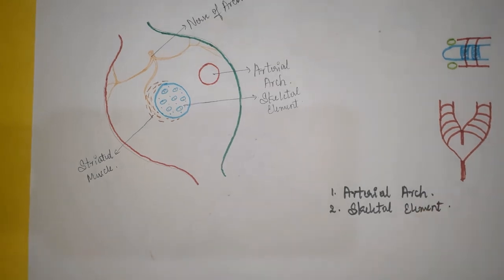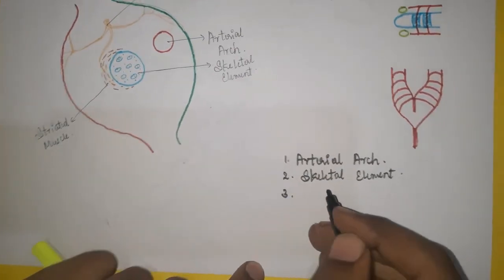For example, consider the stapedius muscle in the ear. It is supplied by one of the branches of the facial nerve. The facial nerve is the nerve of the second pharyngeal arch. So we can find the embryological origin of a muscle if we know its nerve supply. Stapedius is supplied by one of the branches of the facial nerve, but the facial nerve is the nerve of the second arch. Now, what is the embryological origin of stapedius? Of course, the second arch. Simple. Third element is completed, that is striated muscle.